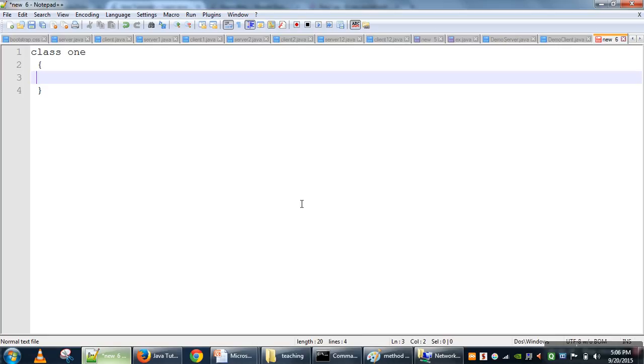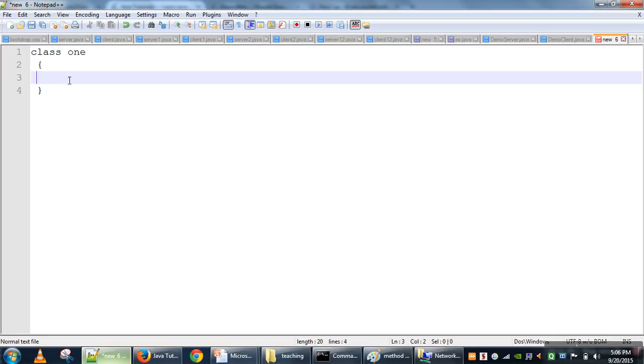But sometimes we want to create just a template, a format, but we don't want to define the working of that method. For example, say there is a project going on, and if a project administrator wants everyone to define a class with the same name method, what he will do is create an abstract class. He will declare all the methods without any definition, and he will give this class to everyone, and those people will follow all the rules and constraints, and they will define their class.